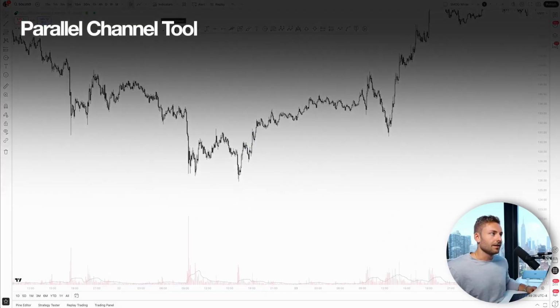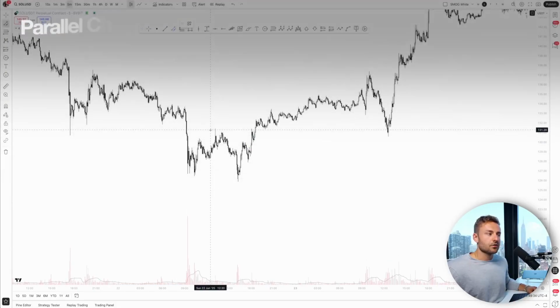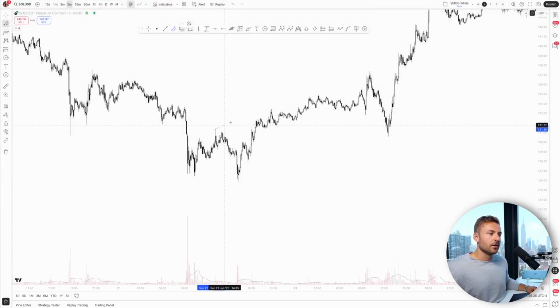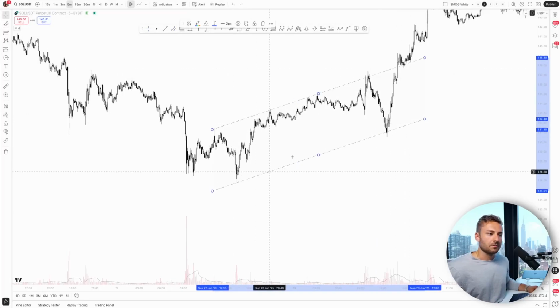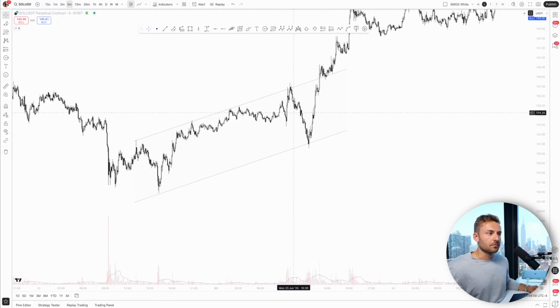Okay, there's also something called the parallel channel tool. Just like the trend level before, I can click at a high point, go over to other high points, click, and then drag back down and click again. That's going to give me a lower, perfect parallel line. You can see off of this drawing, price came back down off of that level and then made a significant